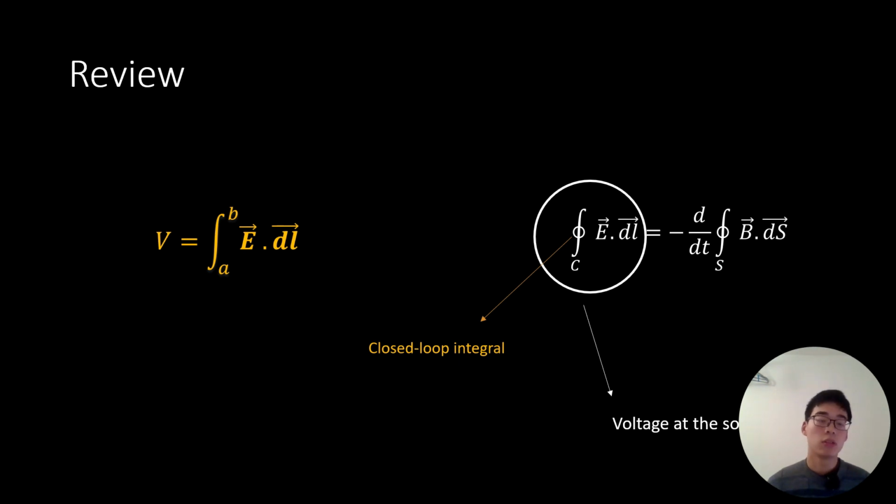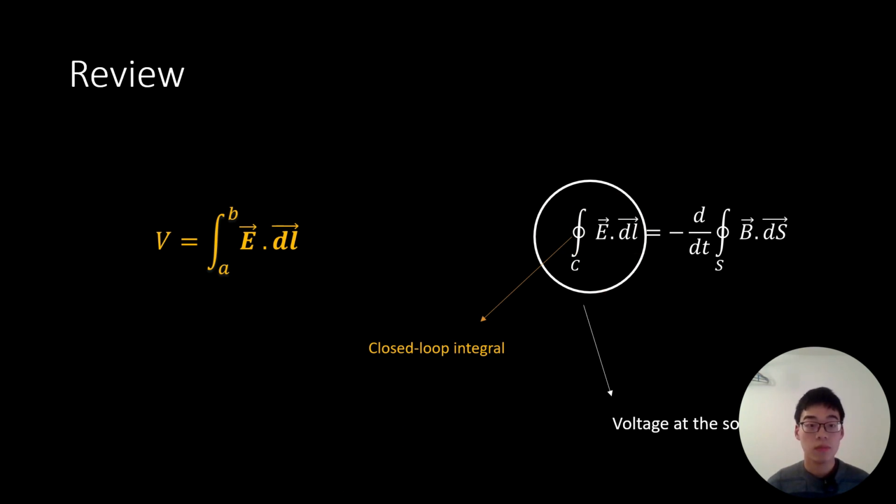In the previous video, we learned that the voltage is actually an integral between B and A, E dot dl. And we particularly introduced what is meant by the term closed loop integral. We say the closed loop integral around any point apart from the voltage source is zero. But when it comes to the voltage source, the closed loop integral around the voltage source is actually the source